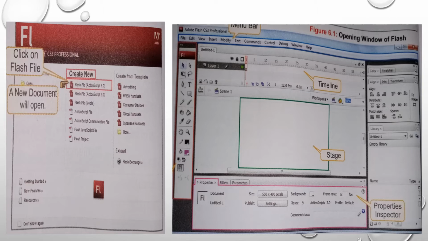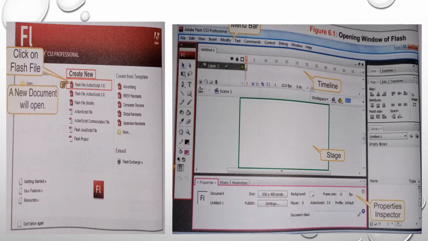Flash is extremely useful for developing highly interactive websites, online advertisements, computer games and content for various mobile devices.